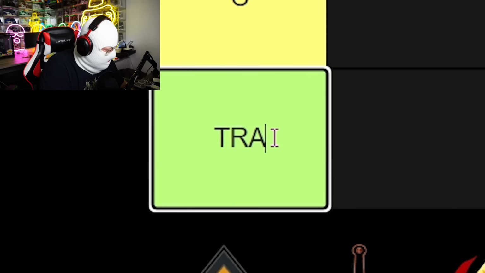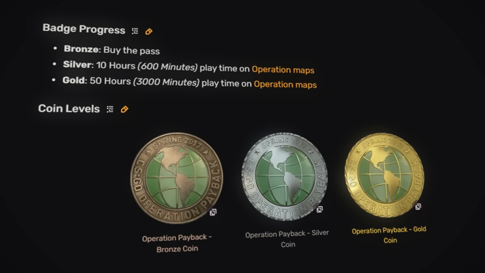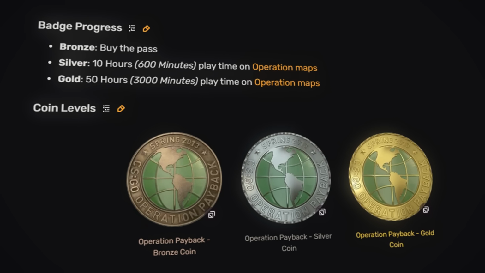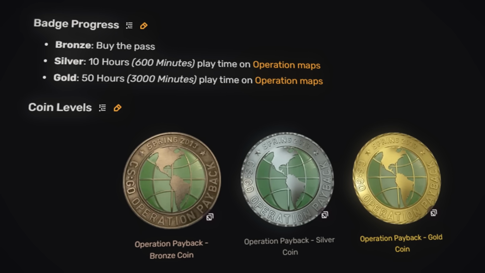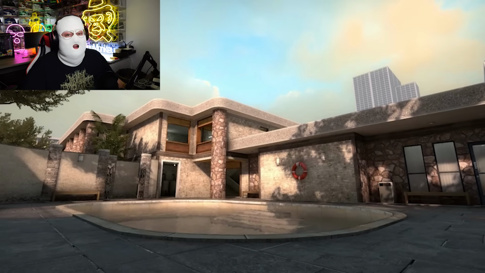Aside from the nostalgia... Wait, let me change the D tier to trash, bro. This first operation is pretty bad. It's the first operation ever, so most of the features from future operations weren't even made yet. You had a very boring way of leveling up the coin, because you could only do it via casual, and it only counted playtime and wins. Skins didn't exist yet, so there were no skins, but it did have some pretty cool maps, like Motel and